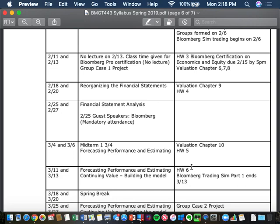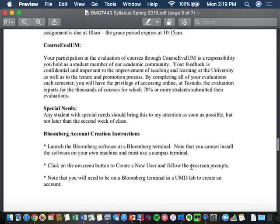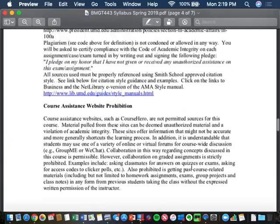So I will tell you that there is extra credit potential in the class. So even if you don't do well in Bloomberg, there is extra credit that can mitigate some of the poor performance so it doesn't completely hurt your grade. And again, it's only 10% of your grade. But let's go back. So in the Bloomberg trading competition,